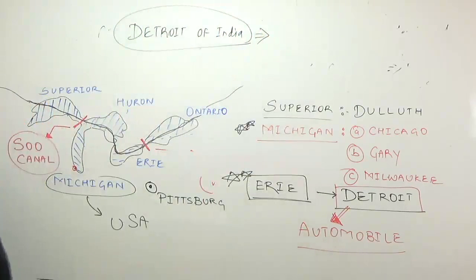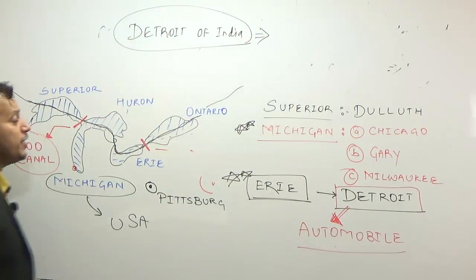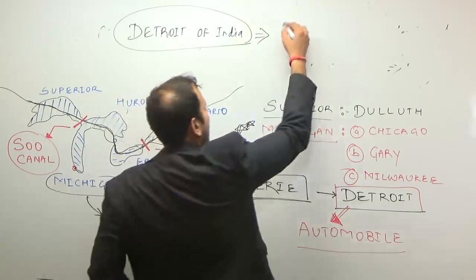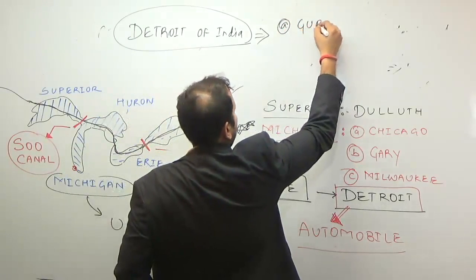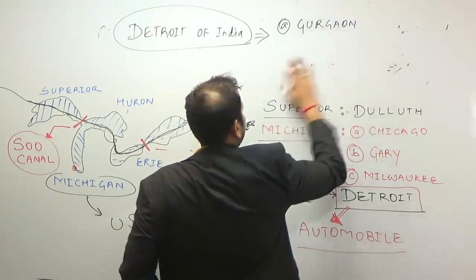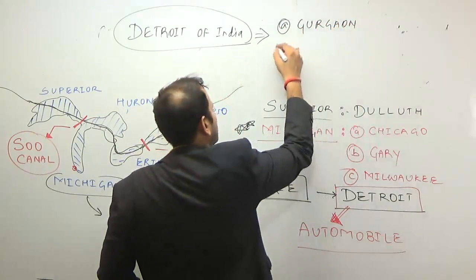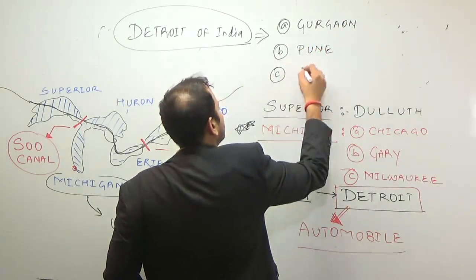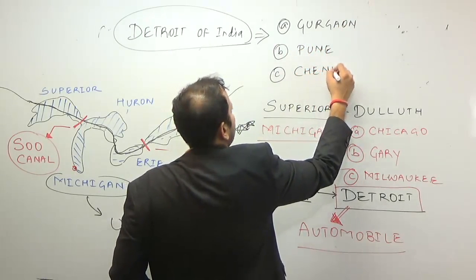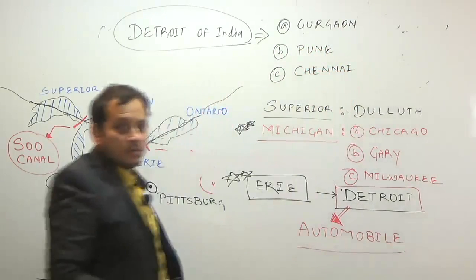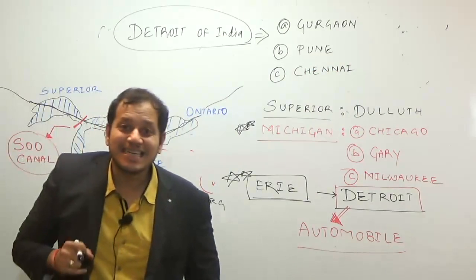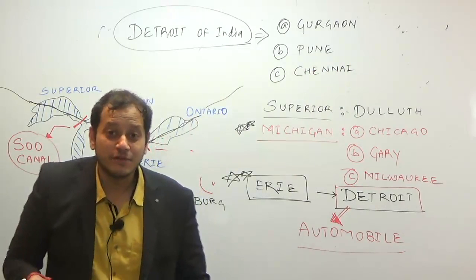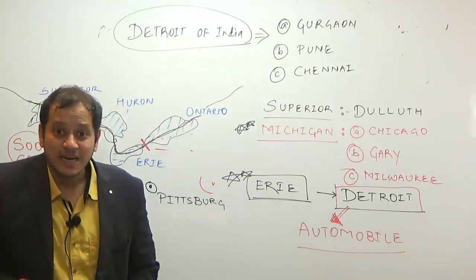If I ask you which city is the Detroit of India, and if I give you the option of one, Gurgaon, the second option of Pune, the third option of Chennai, which city is the Detroit of India? Why am I asking you this? It is because